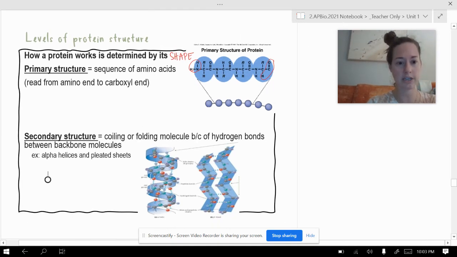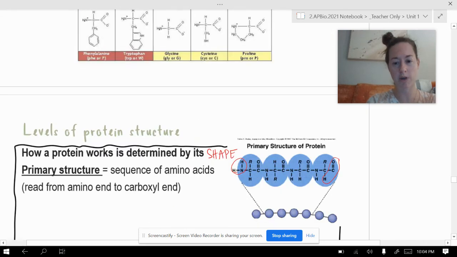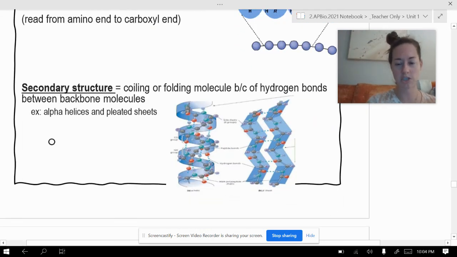The secondary structure happens when the primary structure starts to fold up. So what happens here is the carboxyl groups and the amino groups are interacting with one another to form either a helix, which is called an alpha helix, or alpha helices if it's plural, or pleated sheets, which are called beta sheets. So this is done because